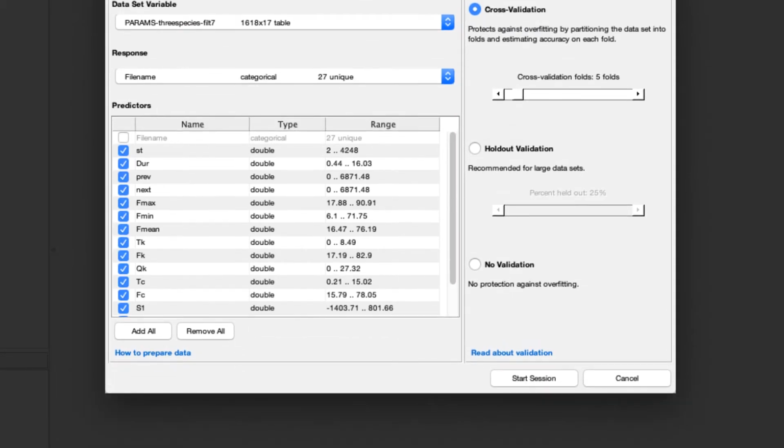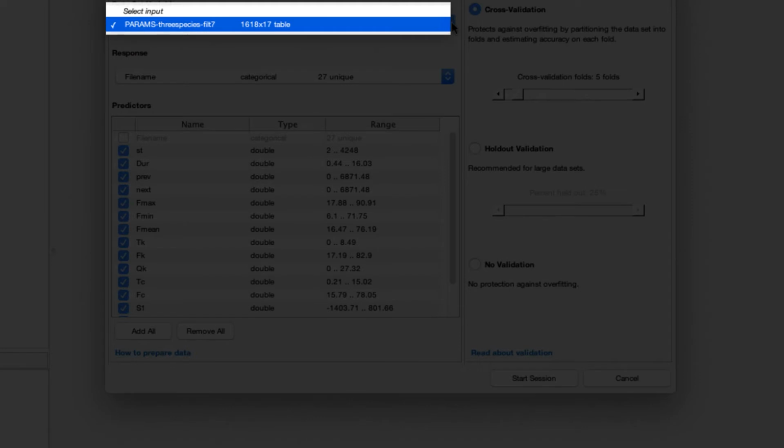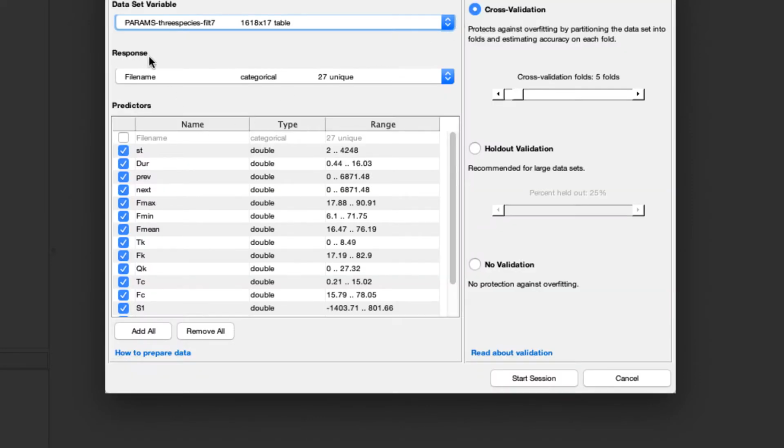And so now this is an important table. It gives me a dataset variable. So here's the spreadsheet that I put in there. Let's see what else it has to choose from. There shouldn't be anything. Good. So the response is,